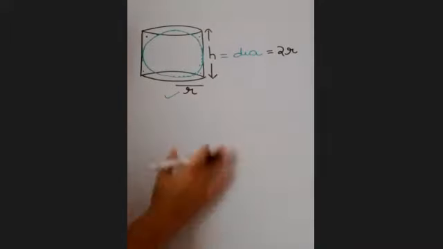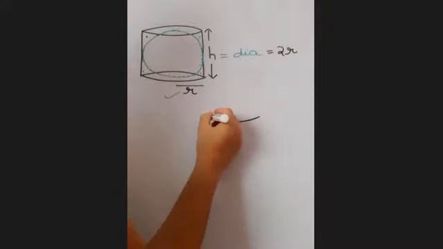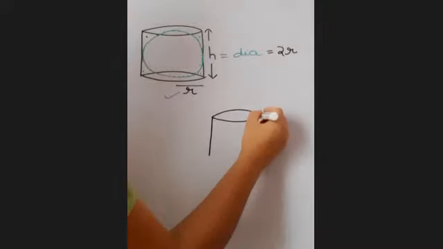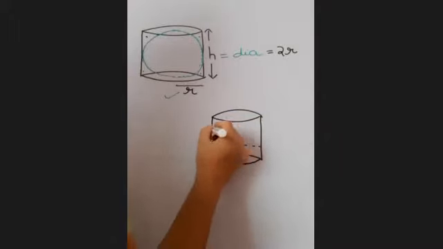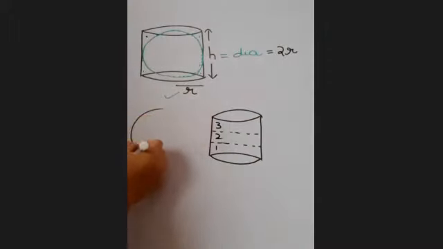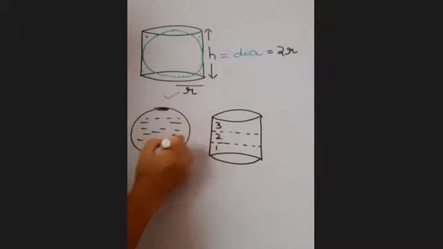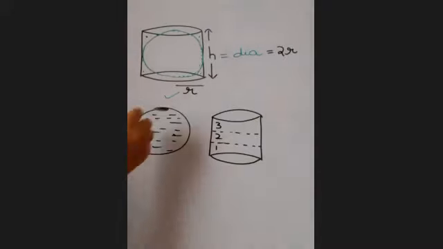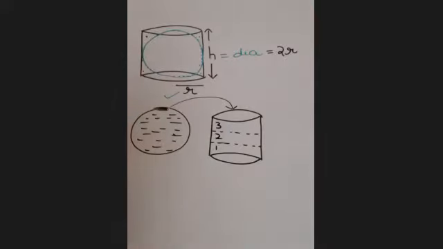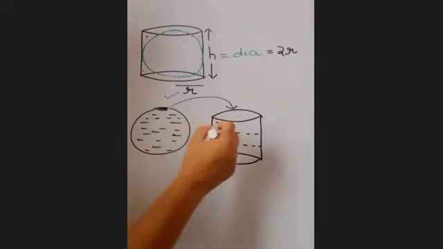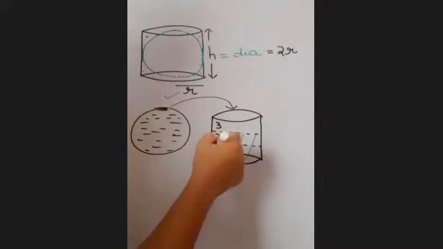Now what will happen? See, this is our cylinder. We divide this cylinder into 3 equal parts: 1, 2, 3. We have taken the sphere. There is a hole in the sphere from where we can fill the water. Now this water, when transferred into the cylinder, we also do this activity in school, but I don't have the apparatus. We observe that the cylinder gets filled till here.